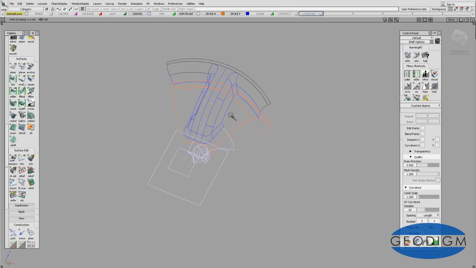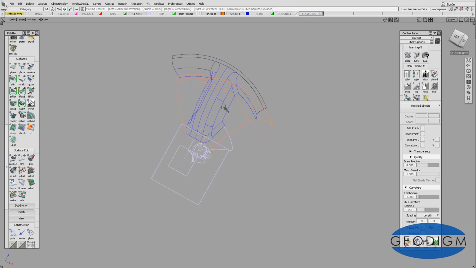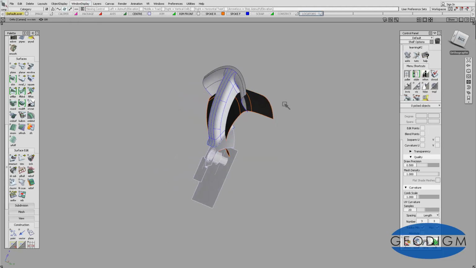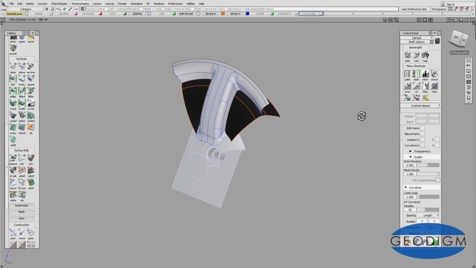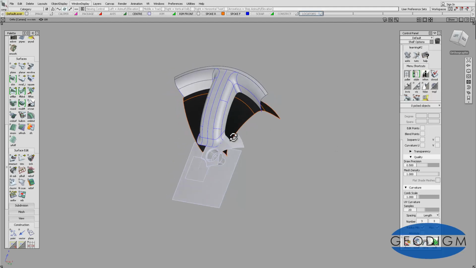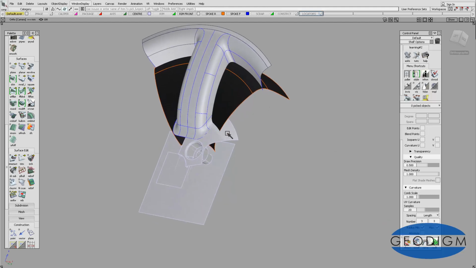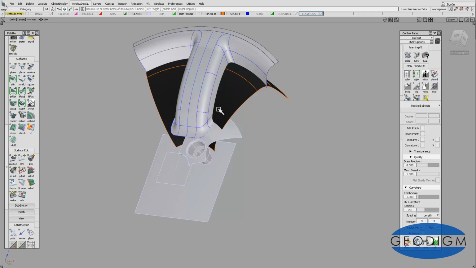So the other thing that we want to do, we've got this back surface and the spoke itself, and if we shade that up again, you can see that they intersect each other. And so what we have to do is trim one back to the other. Now we can't trim this whole center bit at the moment because again we don't have the complete intersect here,